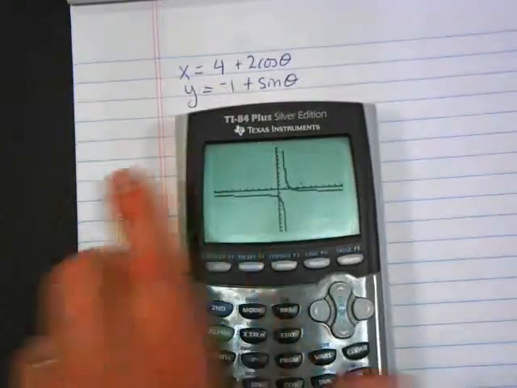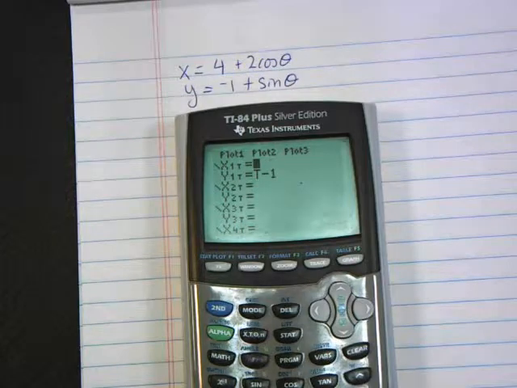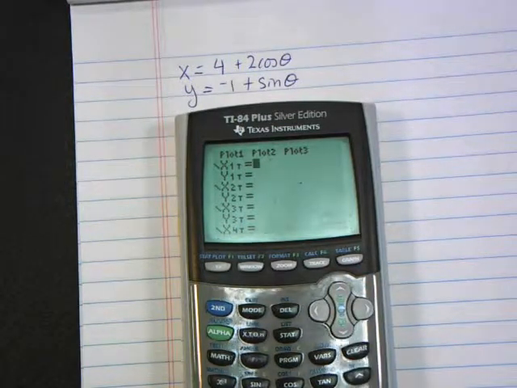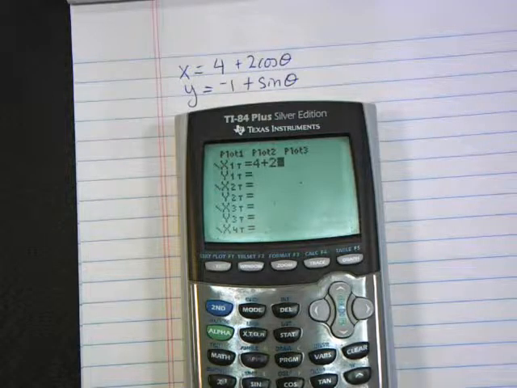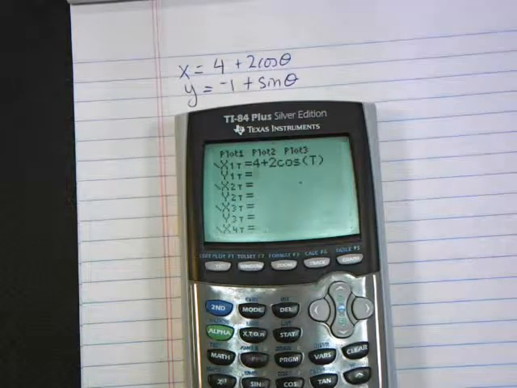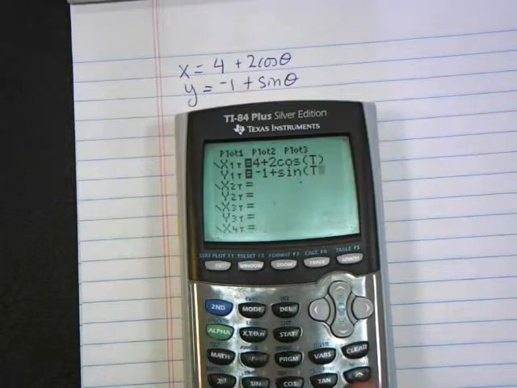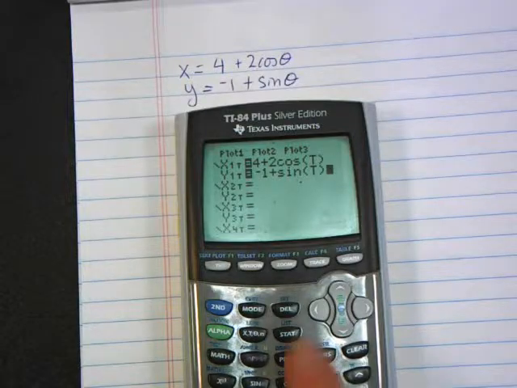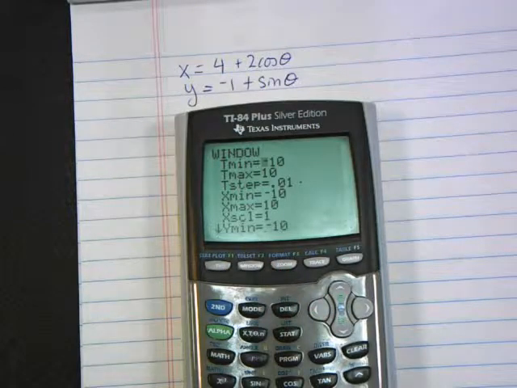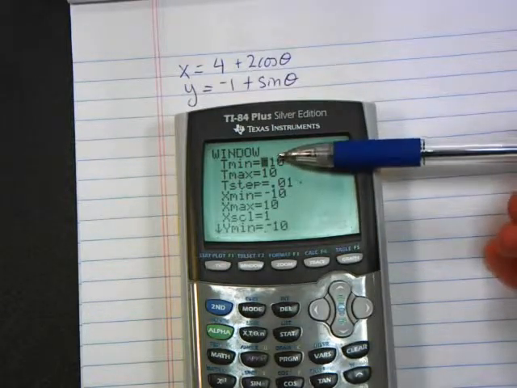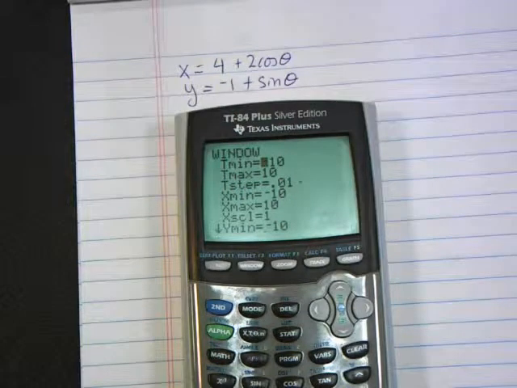All right, so it tells us use my calculator first. Y equals 4 plus 2 cosine t. If I'm using my calculator, I have to use t. And y equals -1 plus sine t. Okay, I'm going to go look at my window. If I'm using sine and cosine, what are reasonable numbers to use for my t-min and my t-max? Usually we go 0